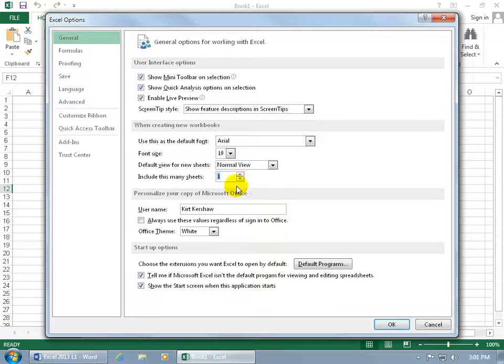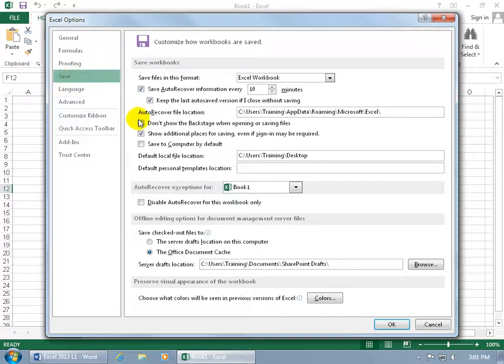Let's see, the other thing I want to show you that I find important is that, well, new to 2013, when you open up Excel or Word, you get that startup screen. I was used to opening up Excel or Word right with a blank spreadsheet or a blank document in Word. So I get the option down below to not have the start screen show when this application starts. And then before I go ahead and test this and click Okie dokie, let me go back to the Save